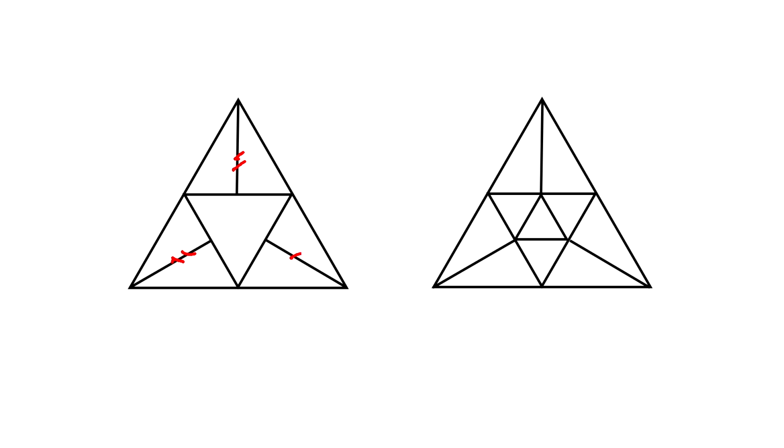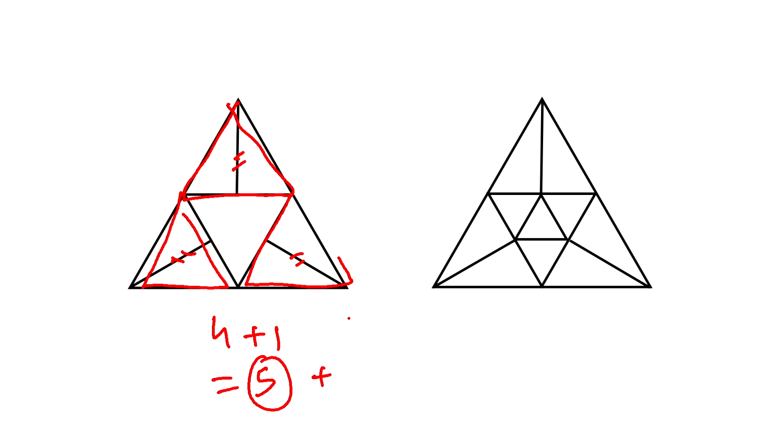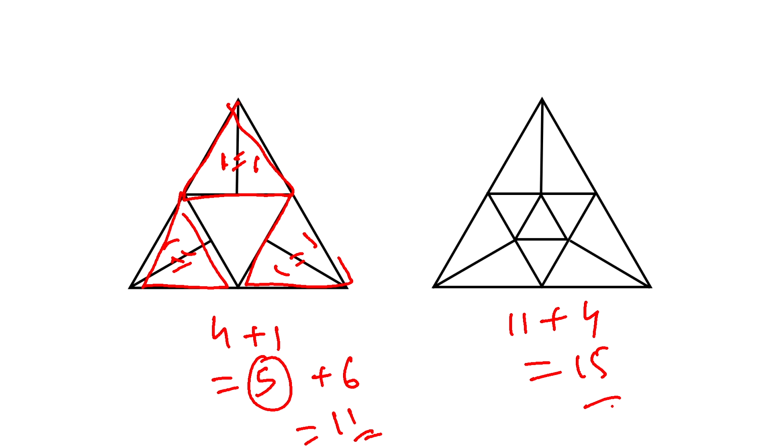In this one, if you see, first ignore these lines. Okay, so as you can see, this is a type which we have learnt now. So there will be 4 inside plus 1 outside, the bigger one. So 5 triangles. Then we have to add these triangles, like 1, 2, 3, 4, 5 and 6. So a total of 11 triangles are there. Hope you got it. The only addition is the inside triangle is added. Okay, so what we can say, there will be 11 triangles plus 4 triangles for this one. So there will be 15 triangles.